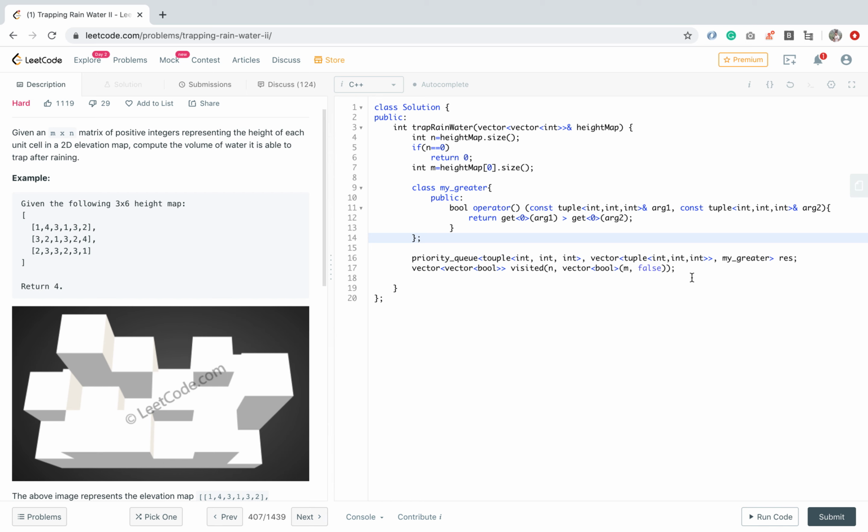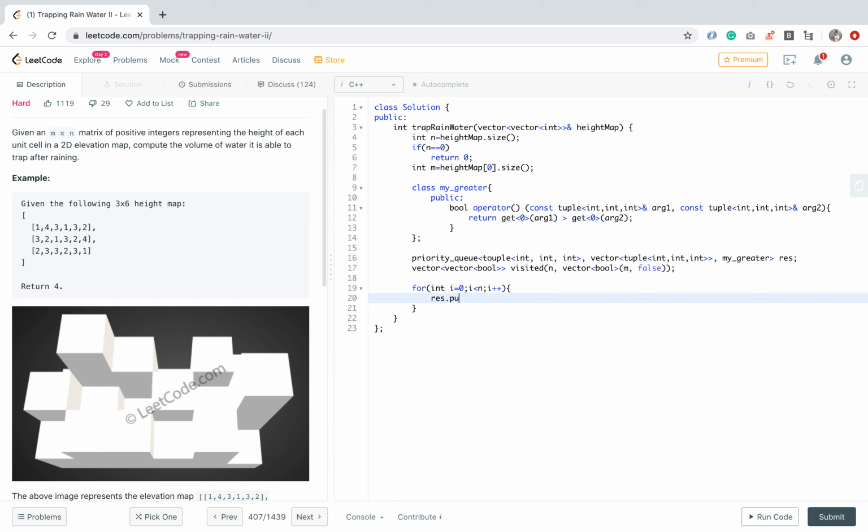Okay, now we have a min heap and we have a visited matrix. Now what we have to do is push into the min heap, and we will start row wise, from the first row to the last row.